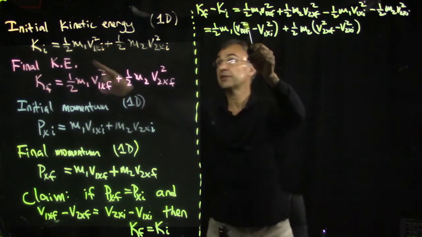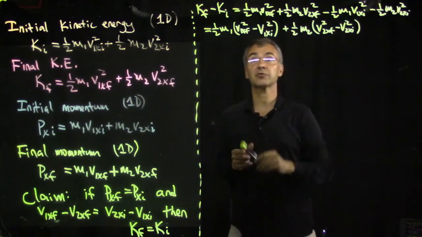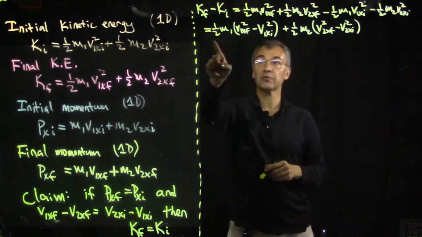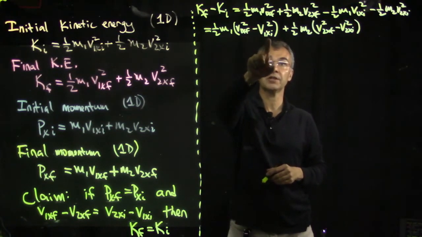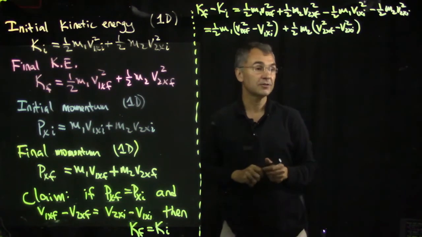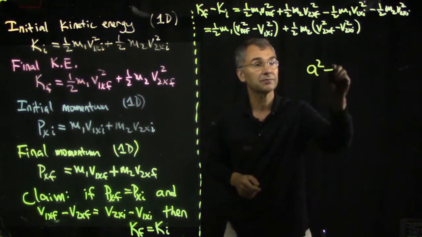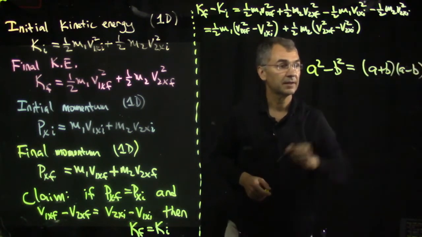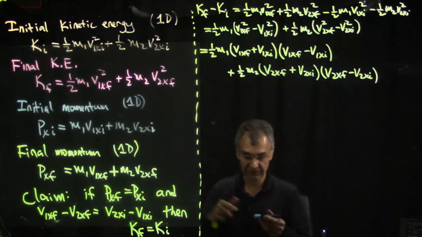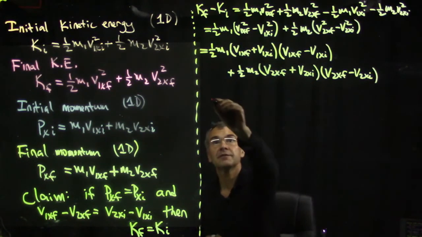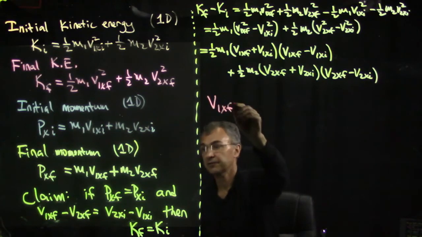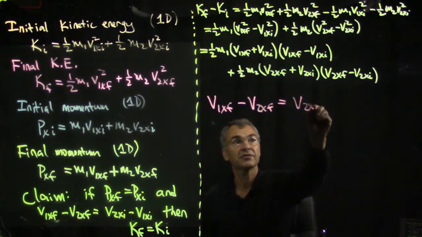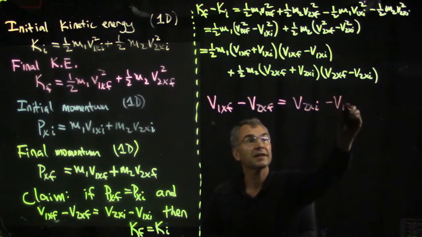So we have this expression minus this expression, and now we can group together the m1 terms and the m2 terms. So we have 1/2 m1 times (v1x final squared minus v1x initial squared), and so on. You might remember that a difference of two squares is the same as (a plus b) times (a minus b). So if we take this expression, v1xf minus v2xf equals v2xi minus v1xi,